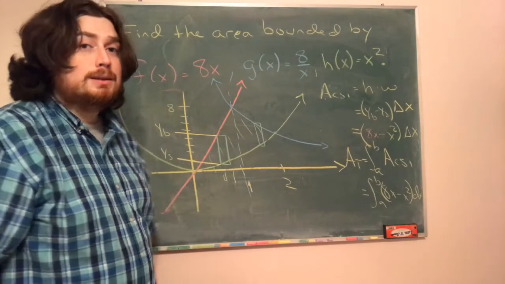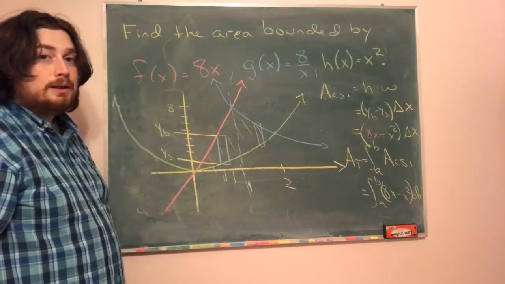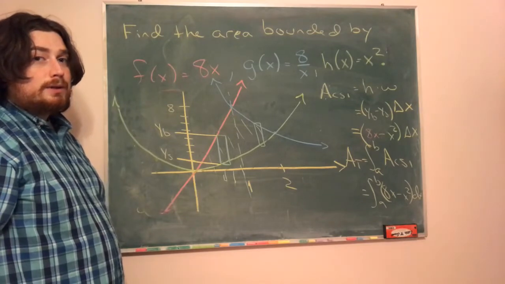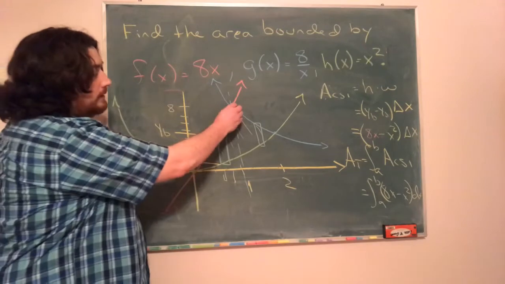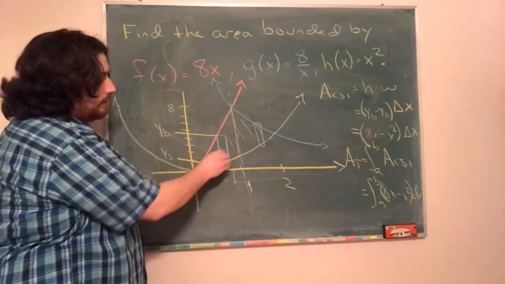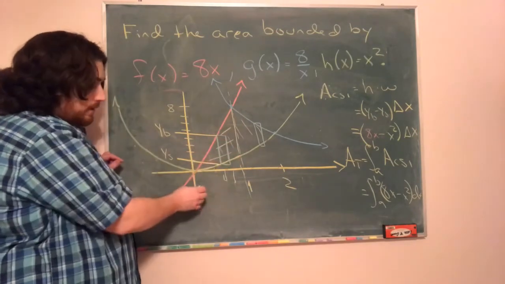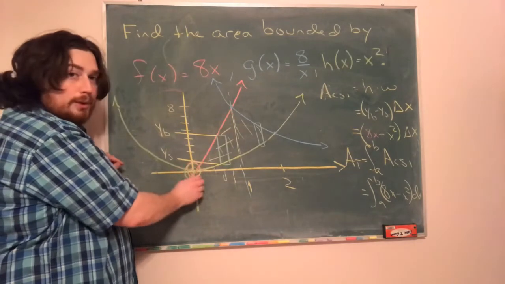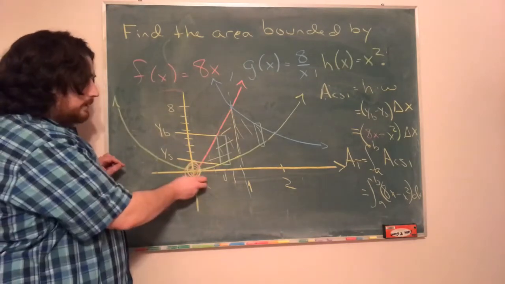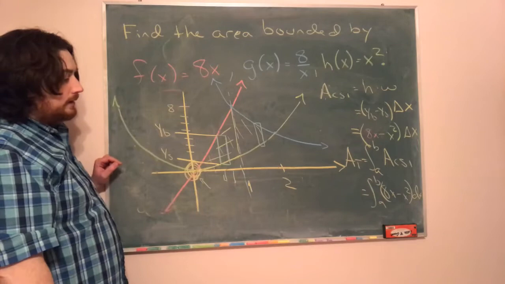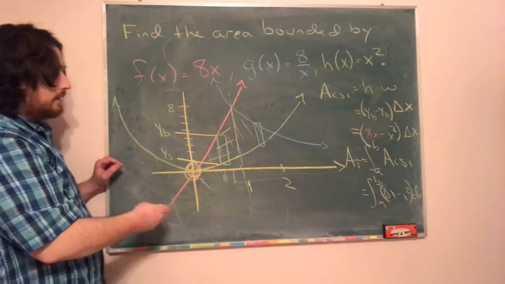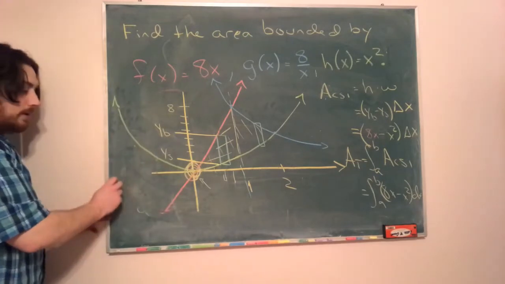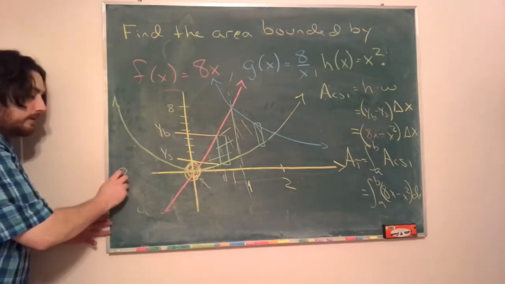Now a is going to be the smallest x value I'm interested in, b is going to be the largest x value I'm interested in for this interval. If I look at this interval, remember that's this region here, the smallest x value I'm interested in is this point right here. What's interesting about that point is that it's the intersection of the red function and the green function. So to find that point, which we're calling a, what we have to do is